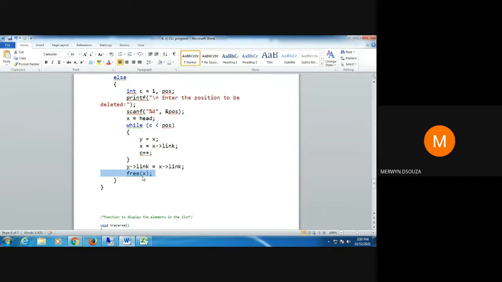Here we are not deleting based on the data like we did in the first two programs of your singly linked list and doubly linked list. Here we are deleting based on the position. And in order to check that you're deleting within the number of nodes you have, we are using this while loop to keep track of how many nodes are there in the linked list.